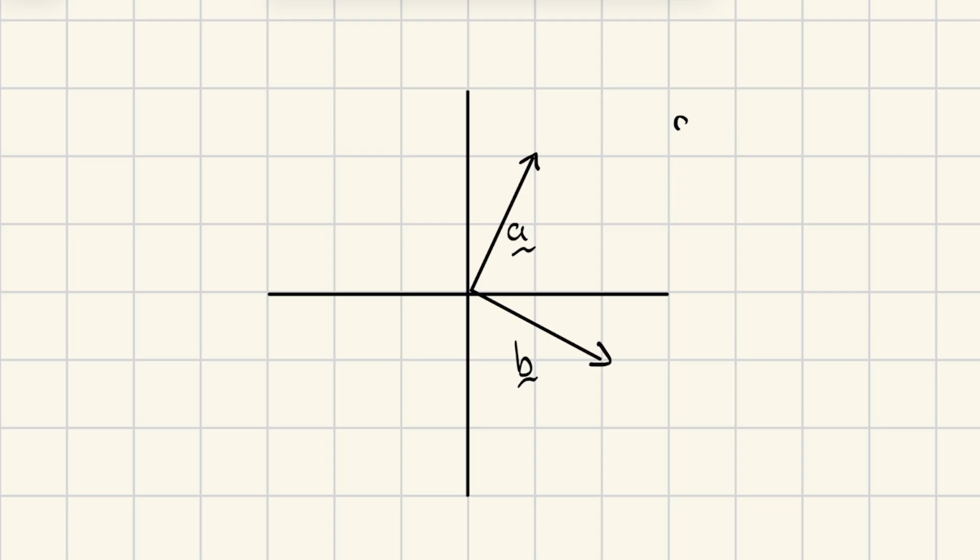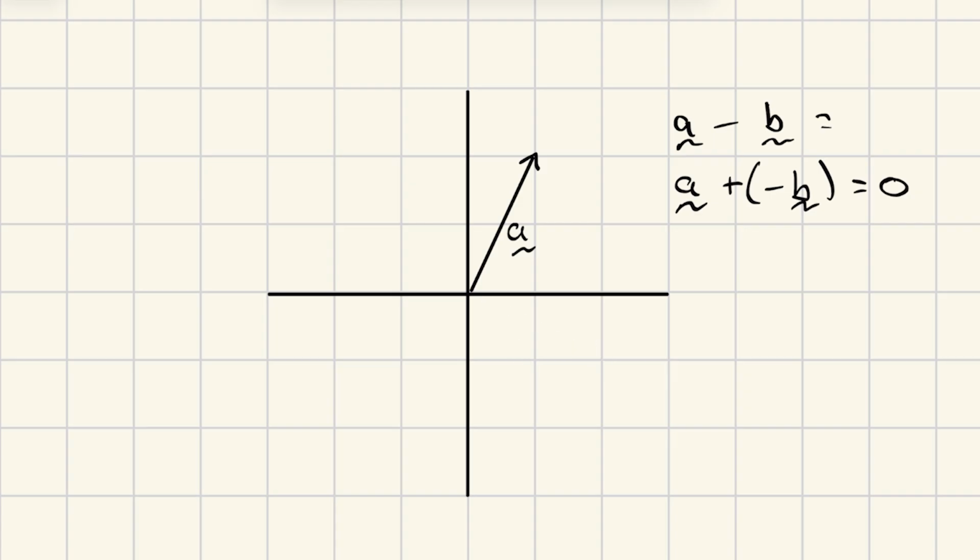So let's say we want to find out what is the vector when we do A minus the vector B. What does this equal? Well, when you subtract a vector, always think about it as adding the negative of a vector, right? We already know how to do this negative vector. We just flip the direction, right? So instead of B pointing that way, negative B will be this way,